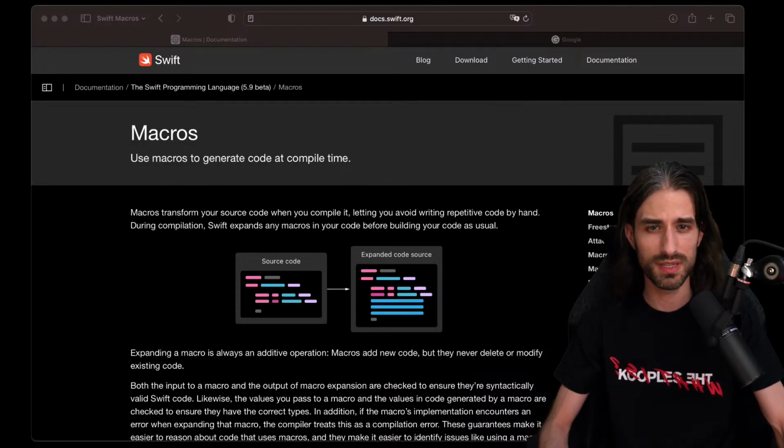But still there could be some differences between what I'm showing in the live and what will actually happen when the feature is released for everyone. Even though officially Swift 5.9 has already been released, so what we are looking at should be the definitive version of macros, at least for this version of Swift.